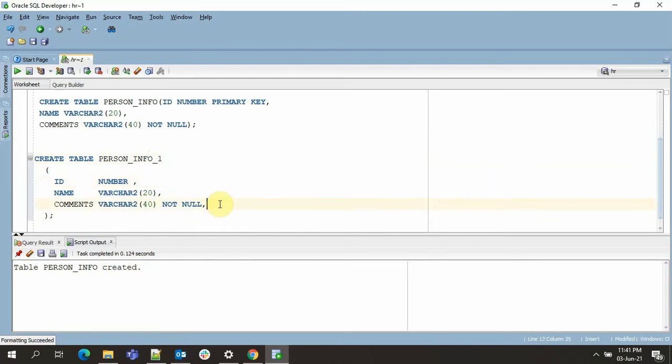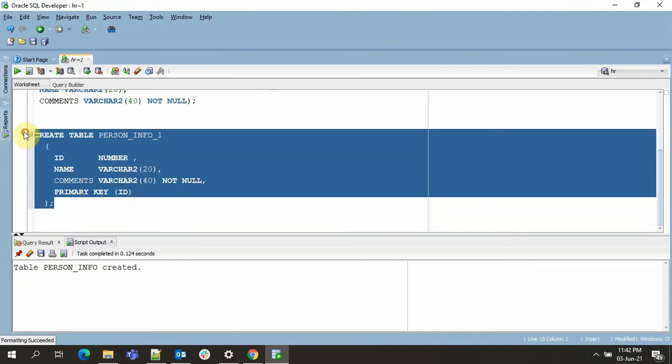After this we can just mention primary key, and then we can specify the field on which we want to specify this condition. So we'll try creating it now. So we see another table person info 1 got created.